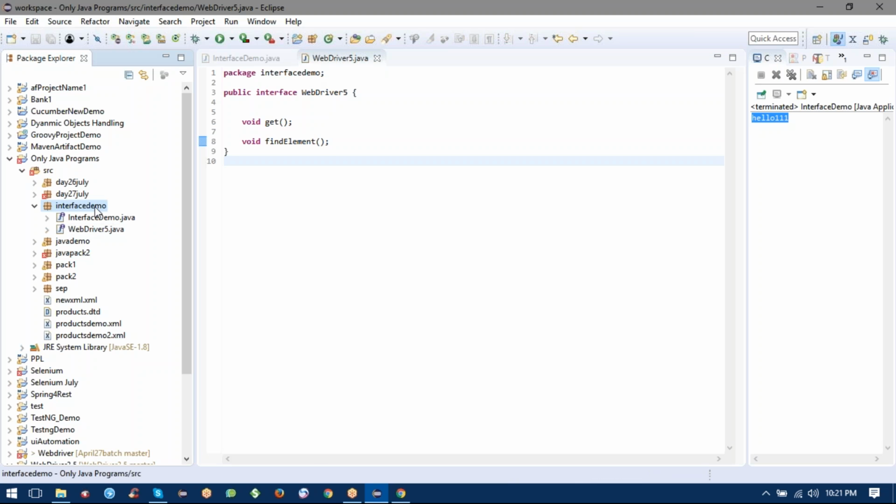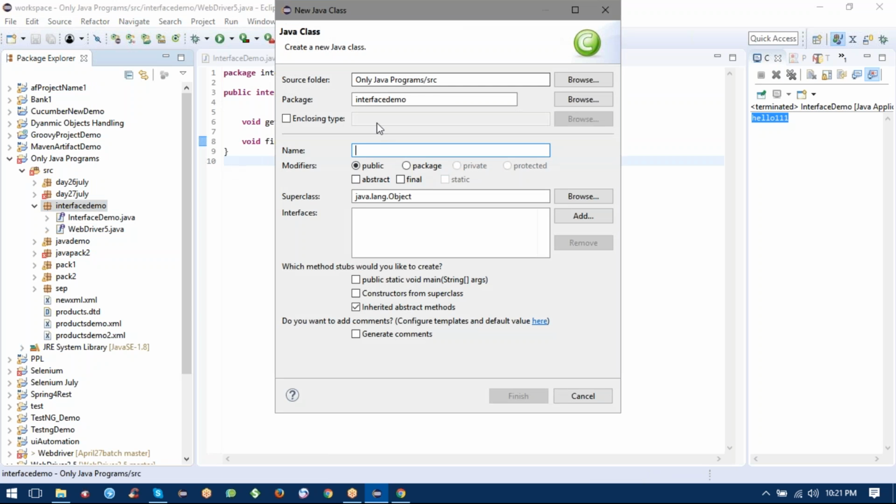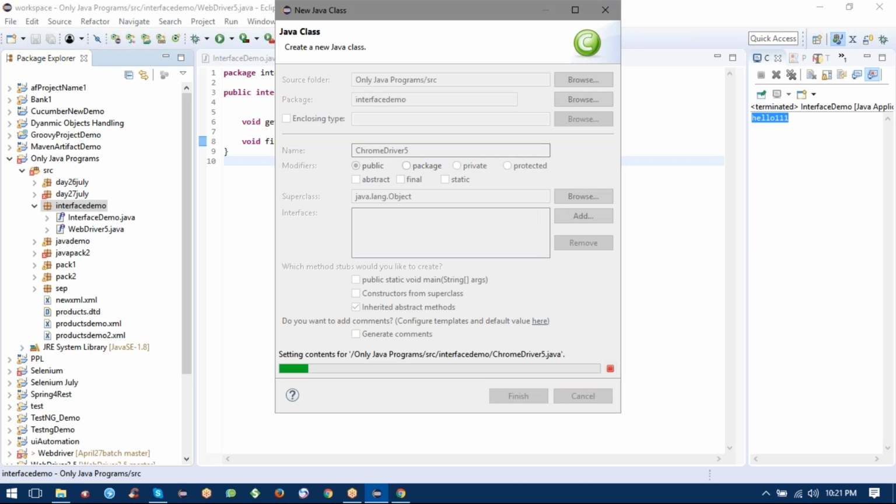So for using that, I will have to design one more class. So class name I am giving here, say that not Firefox, let me Chrome, Chrome driver 5. I'm just taking name for demo purpose, and I don't require public static void main because I want to use interface concept. Let me click on finish,